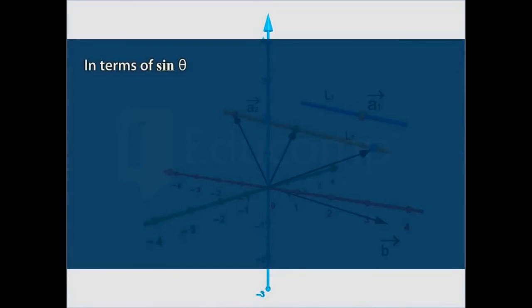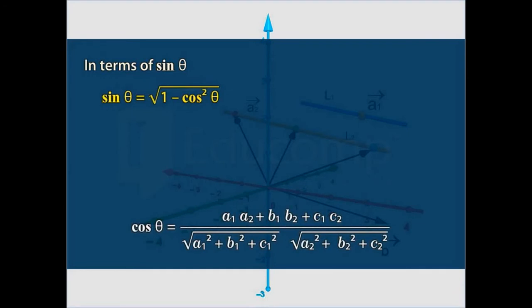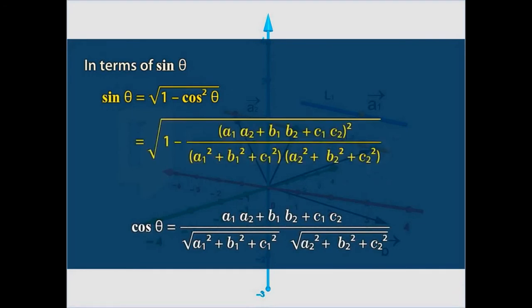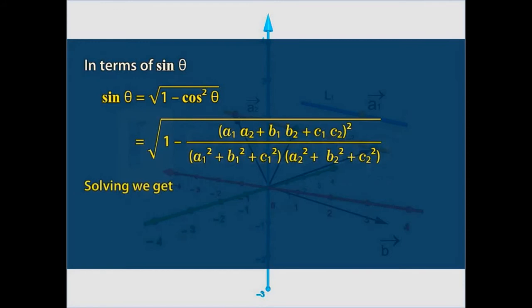We now discuss the angle in terms of sin theta. We know that sin square theta equals 1 minus cos square theta. Sin theta equals square root of 1 minus cos square theta. Substituting the value of cos theta, we get, solving further, we get,